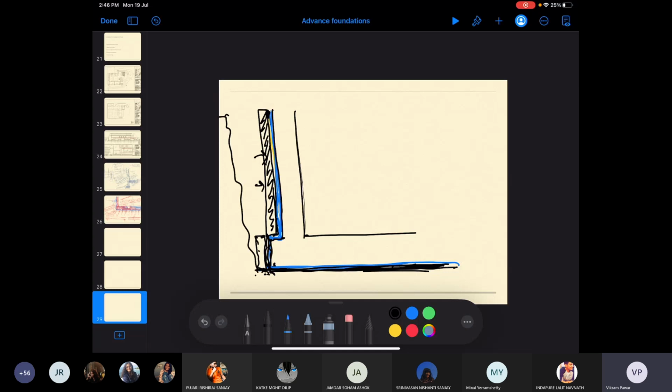Once the box type or membrane waterproofing is completed up till this point, then I'll do the reinforcement, and then I'll pour the concrete within this, right?